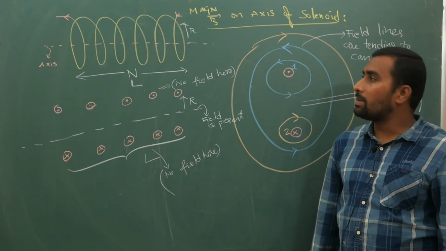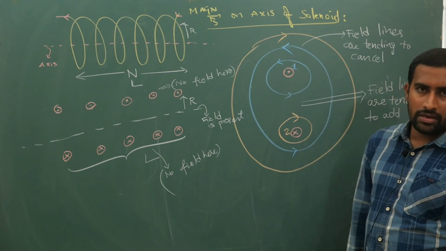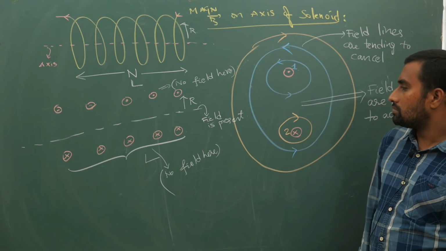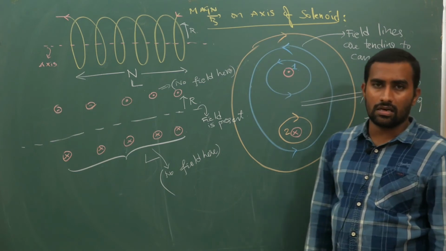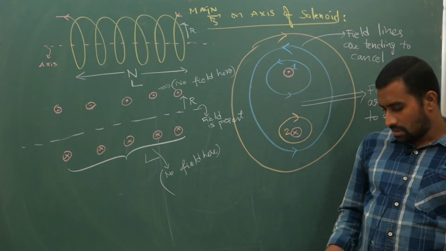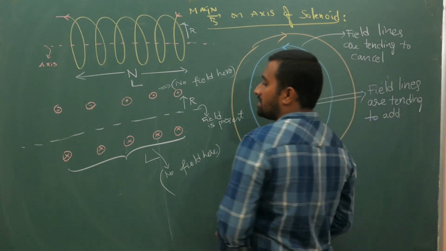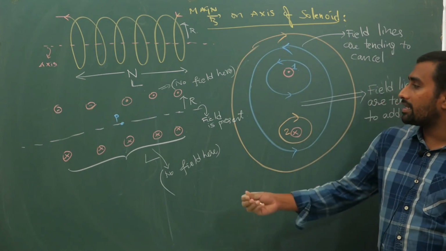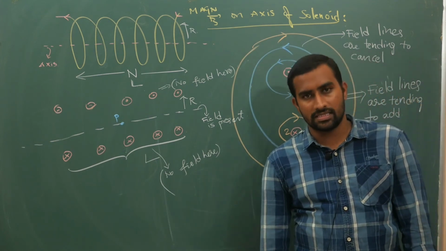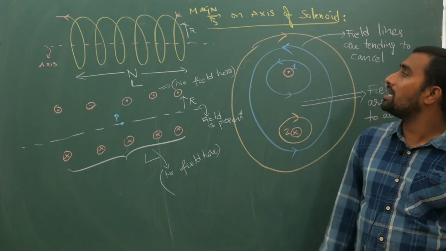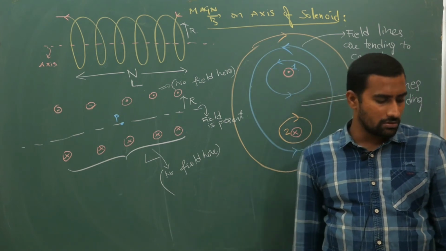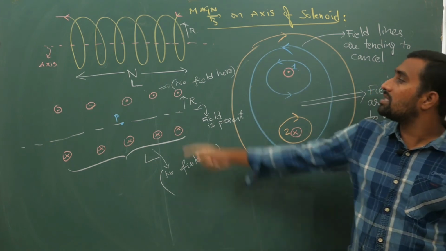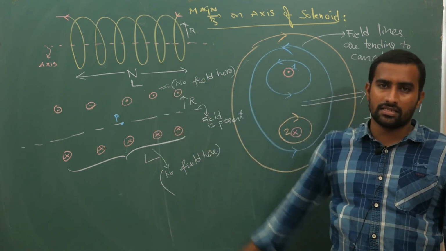Getting my point, right? Any doubts? Feel free to ask. Now with this information, I will try to derive magnetic field on the axis, taking some point P here, and I will try to calculate magnetic field on that axis. Now how will I do it? You just observe. I think you have understood what is meant by a solenoid. So this solenoid is being represented like this, that's all.